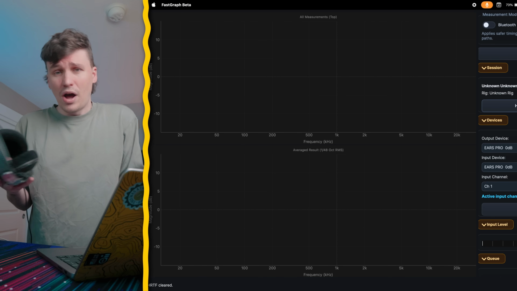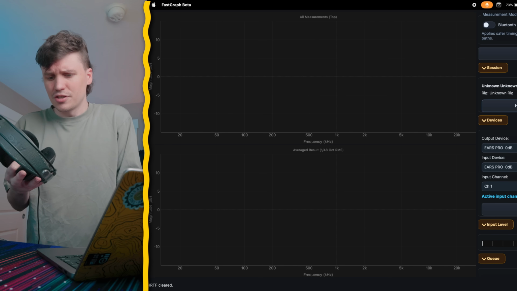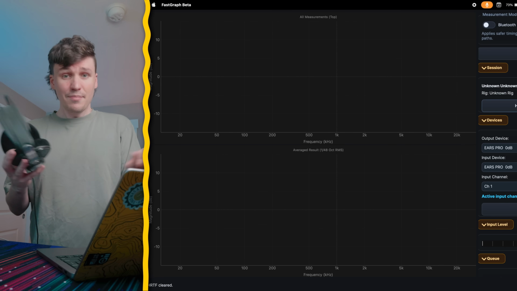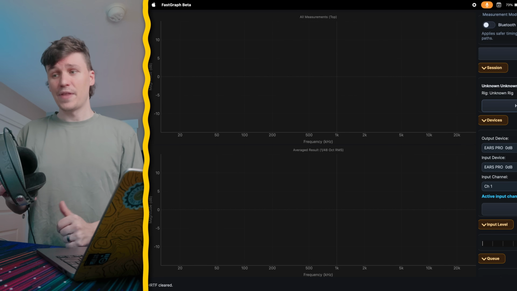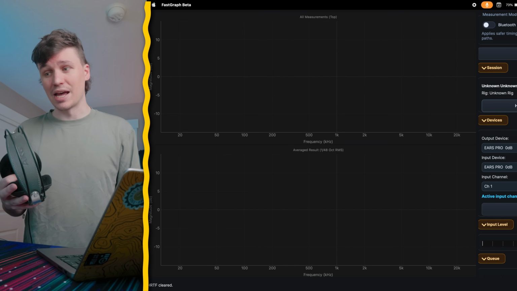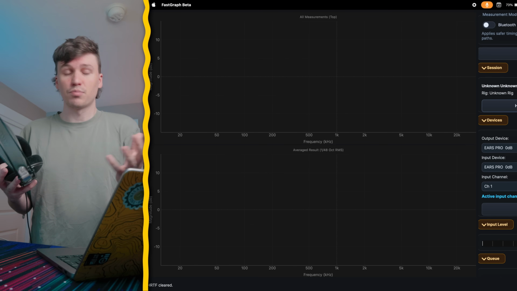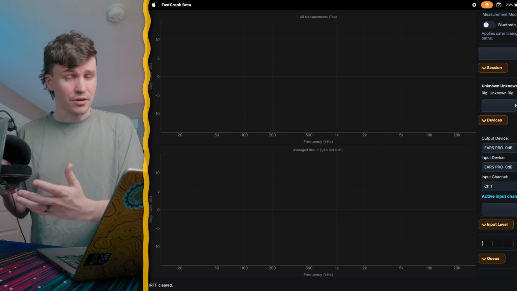You might ask me, why are we using this? Why not just use Room EQ Wizard? Well, I've been using Room EQ Wizard for a long time, and I do greatly appreciate the people who have developed that. It is fantastic software, but it is primarily designed more for speakers. You can use it for headphones, there's no problem with that specifically, but I run into so many errors, so